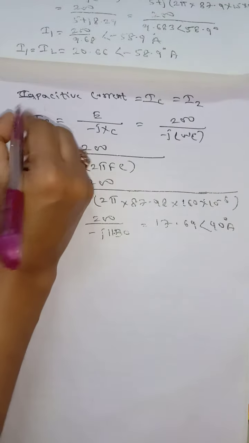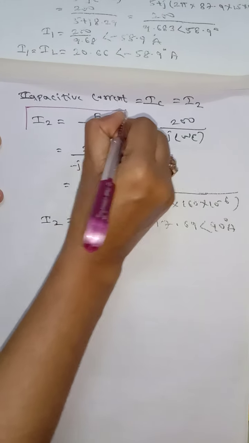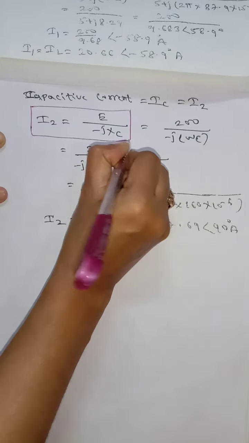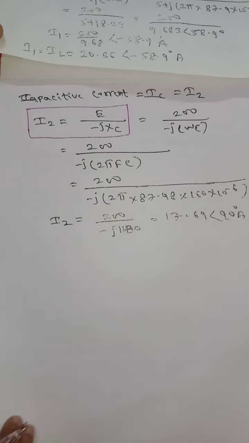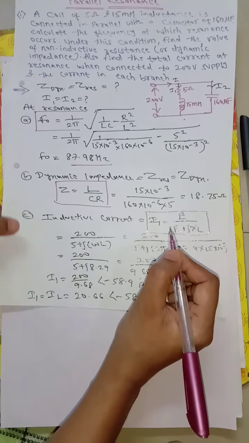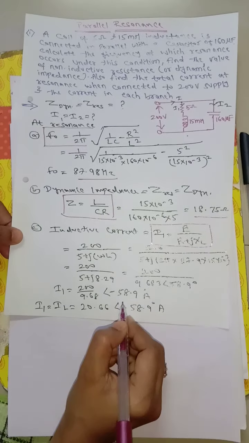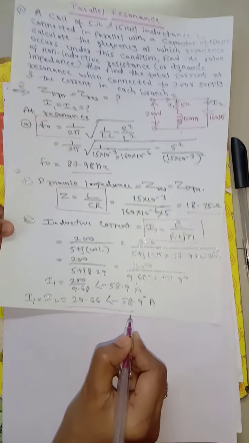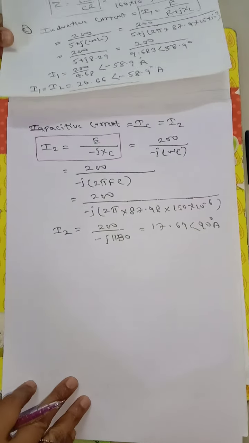So be careful how to calculate I1 and I2. See here my I1 and my I2. The first answer is this one, the second answer is this one, the third answer is this one, and the fourth answer is